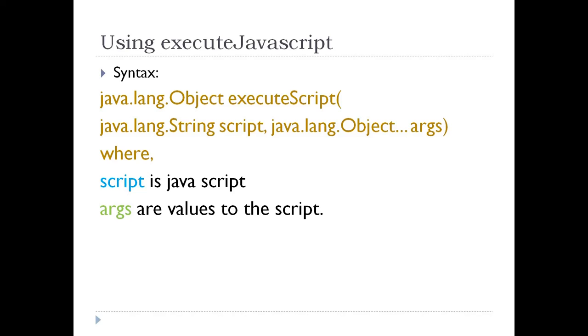The first one is a JavaScript, and the second one is the arguments, actually the values that will be required by the first argument, that is the JavaScript. It may be possible we don't require the arguments. The script is self-sufficient to perform the operation.